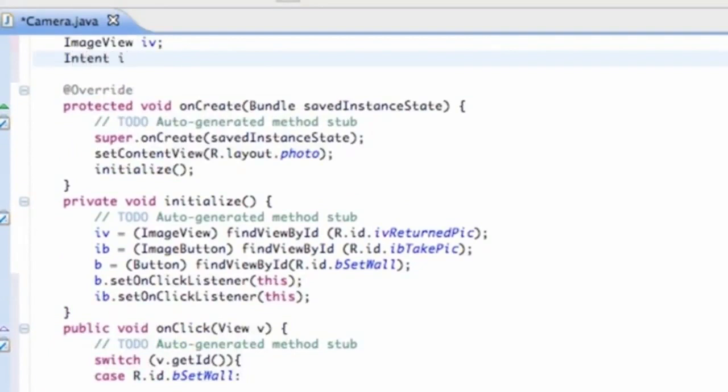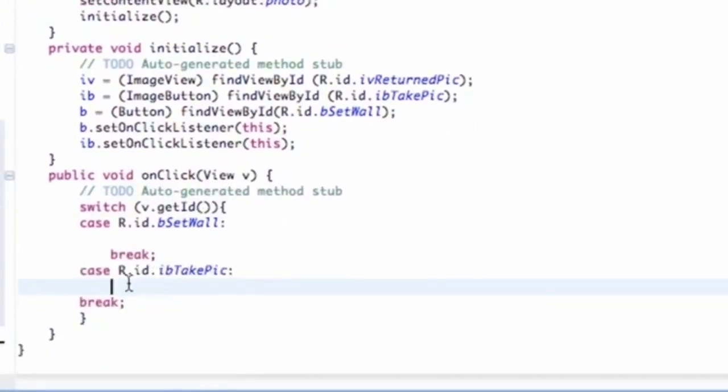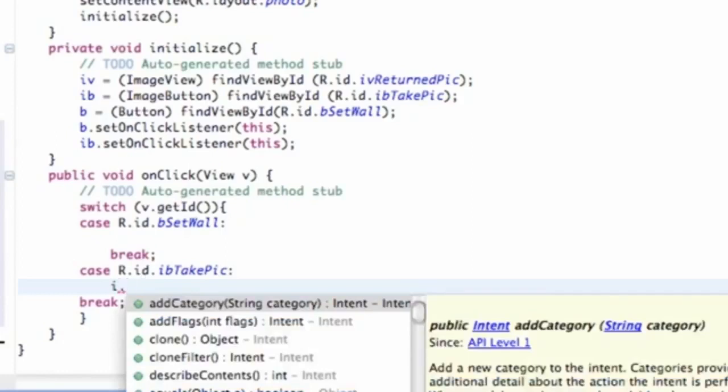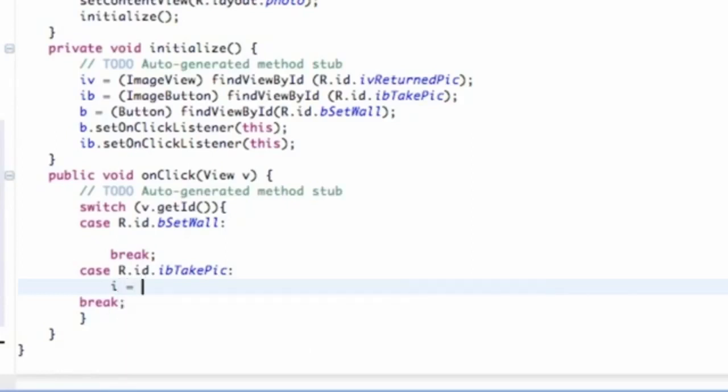So we're going to say Intent i is what we're going to call this intent, and then within the take picture switch case that you guys will set up, just hit i equals new Intent, just like we've always done. Basically the camera application is in our manifest. We don't see it, but it has an action name. So we're going to refer to the action name of the camera by going